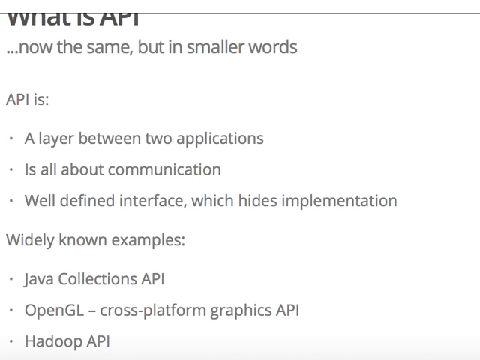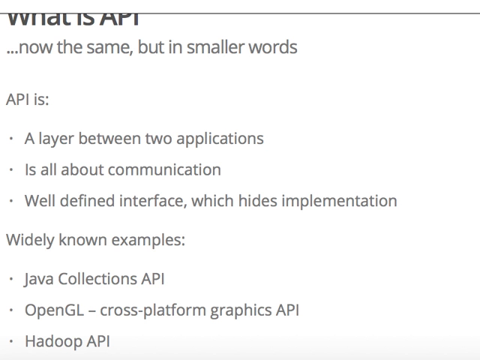And I think you've been dealing a lot with the Hadoop API. Again, you don't really care how Hadoop distributes stuff, how it chunks files, how it pushes the stuff to workers, how the logic of retrying a failed worker works. You just have mappers, you have reducers, you partition your data, you feed it to Hadoop, and it does all the magic. So these are all examples of well-designed API.